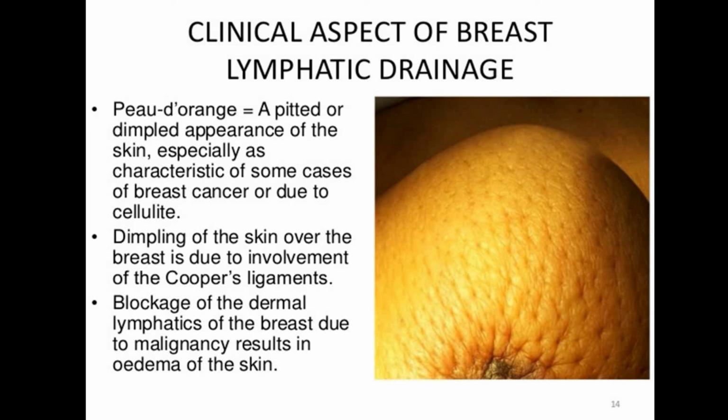The sign of lymphatic drainage obstruction in breast tumor gives a specific appearance called peau d'orange, or the pitted dimple appearance on the skin, just because of the obstruction of the lymphatic drainage and the appearance of fluid in the tissue. The suspensory ligaments are attached to the skin, and because of the obstruction it gives dimpling of the skin and an orange-skin-like appearance.